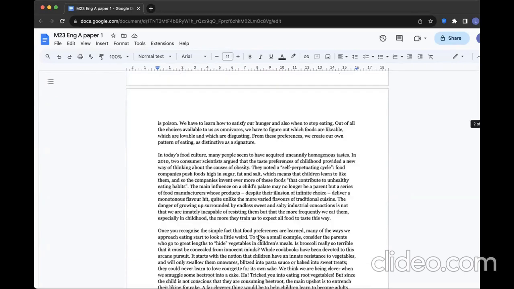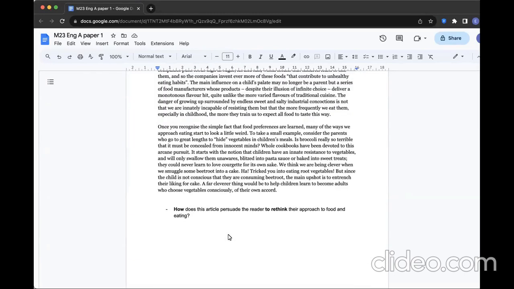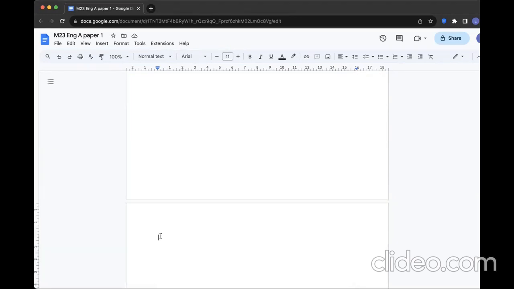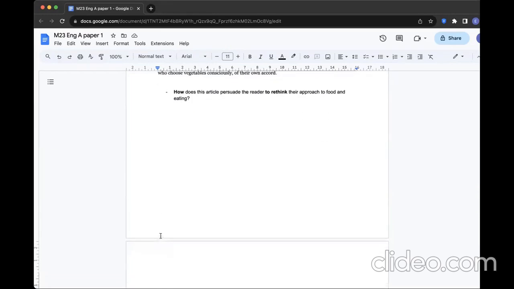Okay. Next, we have to check the guiding question. How does this article persuade the reader to rethink their approach to food and eating? How does the article persuade? And the purpose is to rethink. Okay, then given the assumption, no, actually it's not an assumption because I actually have read and dissected. But anyhow, given the assumption that you guys also have read, understood, and dissected the content of this column,